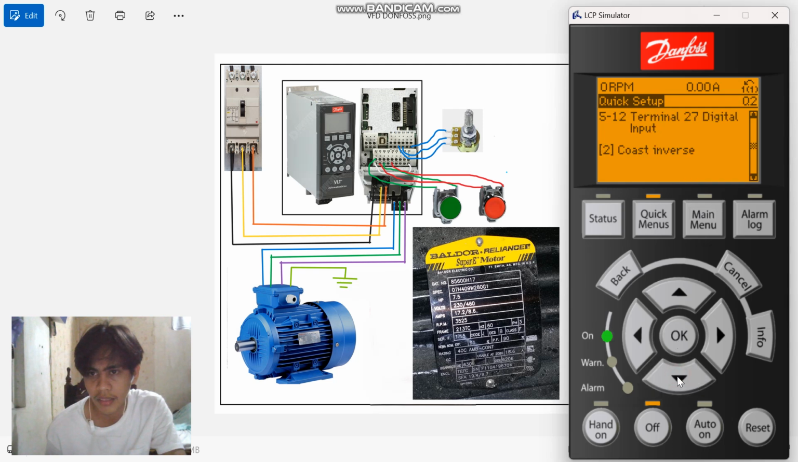Okay. Next, we have here the 3-41, the ramp up time. So ramp up and ramp down are the same. We're going to change it to 15 seconds. Also the ramp down, 15 seconds. Next, reference sites. Okay. That's it. So, going to main menu,